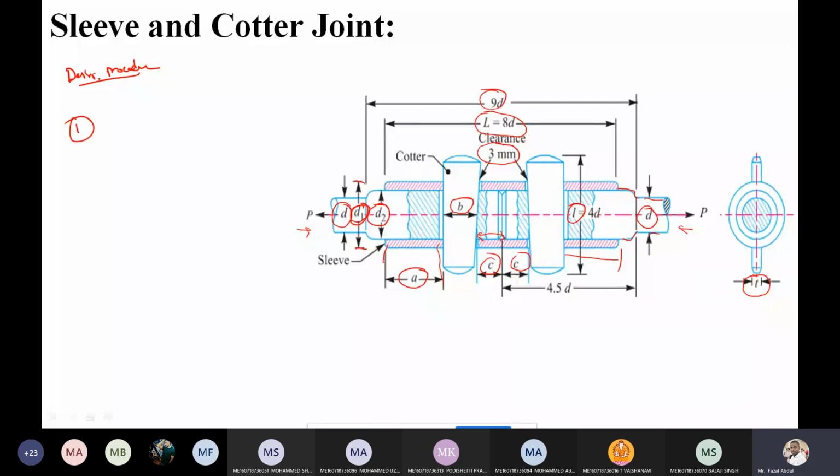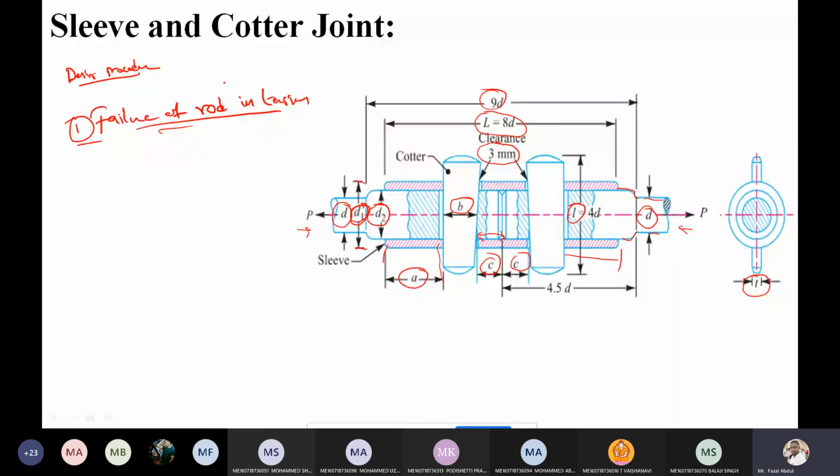Now first one, failure of the rod in tension. Just listen, Babu, here one thing. In the design of joints, so many relations are there, so you have to remember these relations. How are you going to remember? Based on the consideration of the failure modes. If you remember this title, whatever I have written here, number one, failure of the rod in tension, based on this title only, the equation is generated.